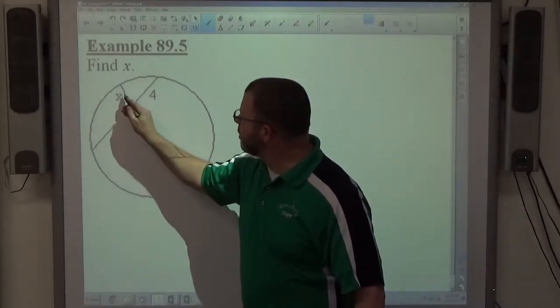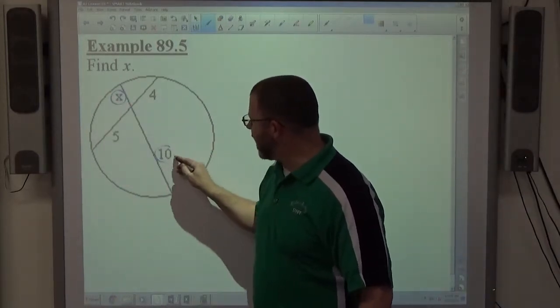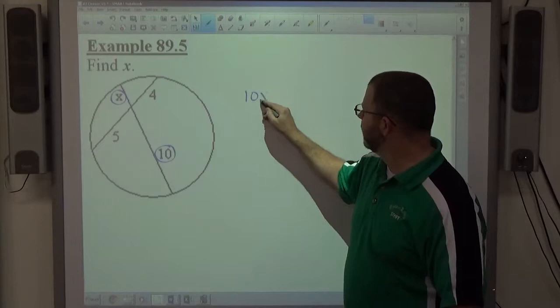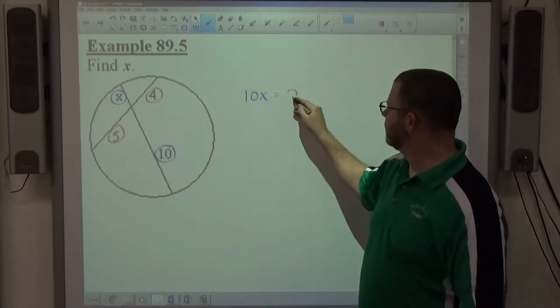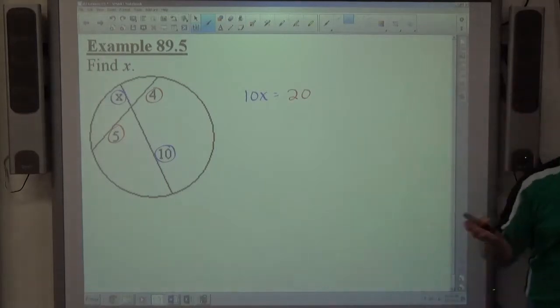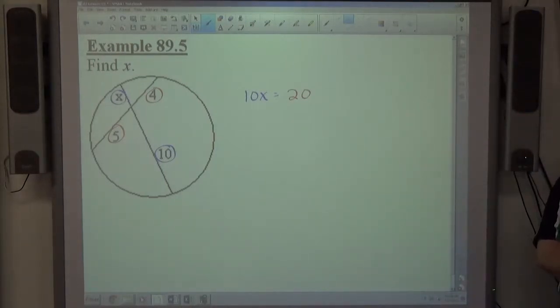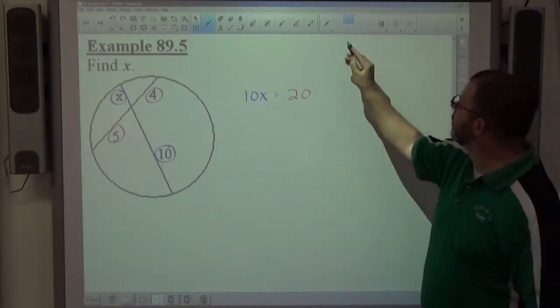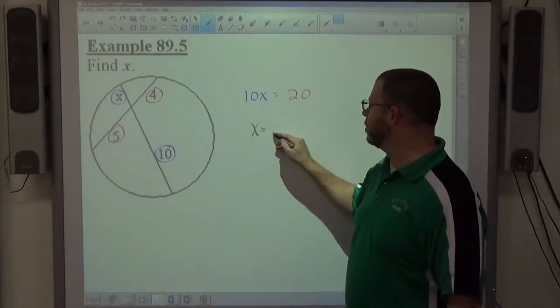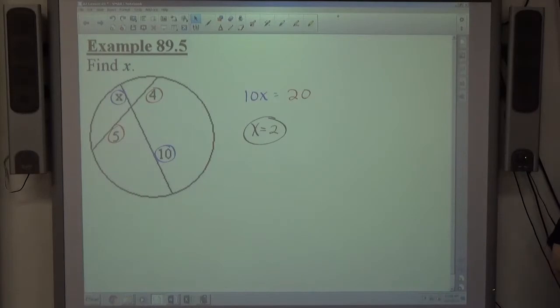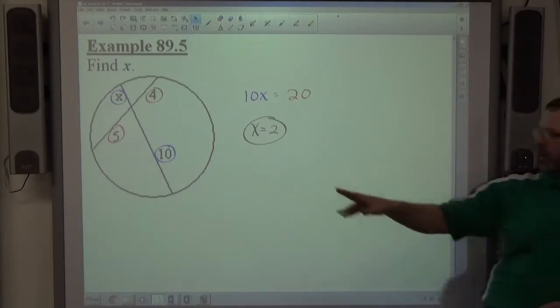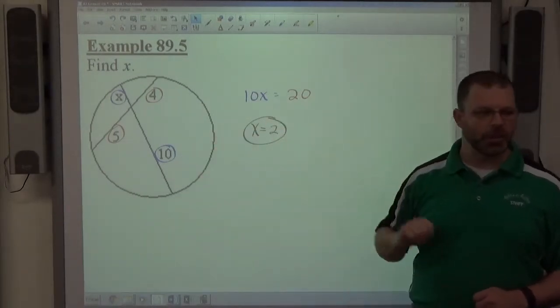And the two pieces that make up this chord are x and 10. And the two pieces that make up the other chord are 5 and 4. The relationship says the product of the two blue pieces is equal to the product of the two red pieces. If we solve that, we're going to get x equals 2. Simple, straightforward. If you see the picture, you know the property, you write an equation, you solve an easy equation, you get a correct